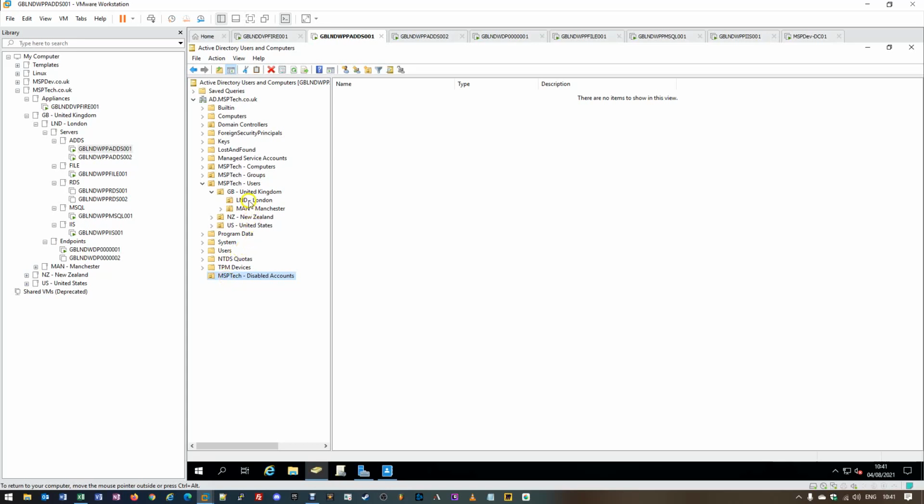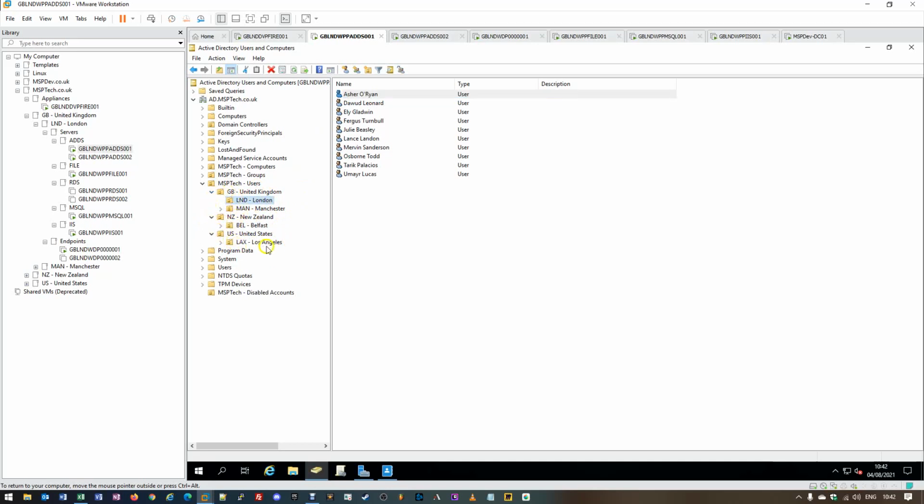In this example, we're going to use Asher again. We're going to go back to our example just here, and we're going to assume that this user is being disabled in the first instance and then removed after a period of time. Now typically, if we were to disable the account, as Asher is based in the London organizational unit, if we were in a larger organization as we've created here, and we have a US site and a New Zealand site as well,